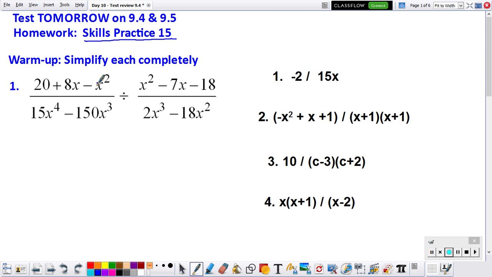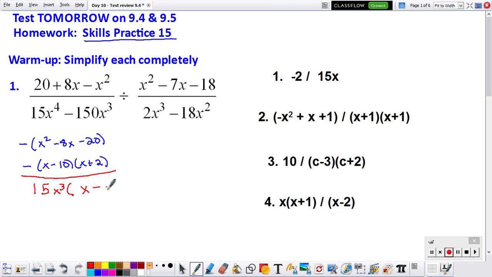I notice that my first polynomial in the top left has a negative x squared term. So I'm going to take out the negative, and that's going to leave me with x squared minus 8x minus 20. And immediately I'm going to notice, okay, well, that factors to x minus 10, x plus 2. All right, so that's the first one. Now the bottom there, I've got a greatest common factor of 15, x to the third, and that's going to leave me with x minus 10